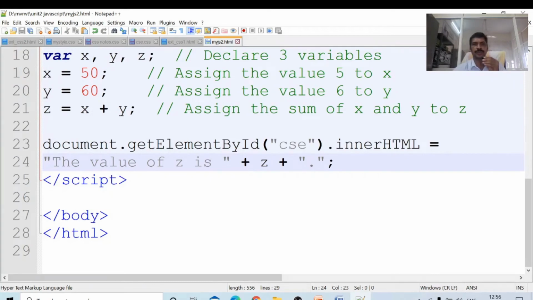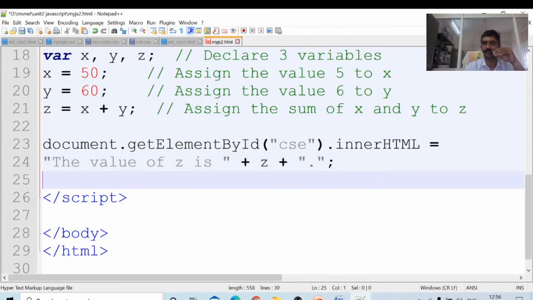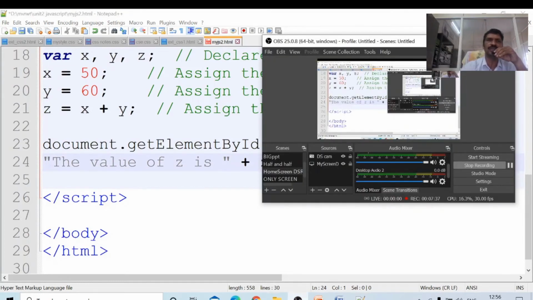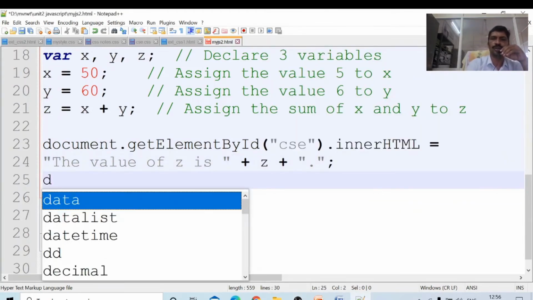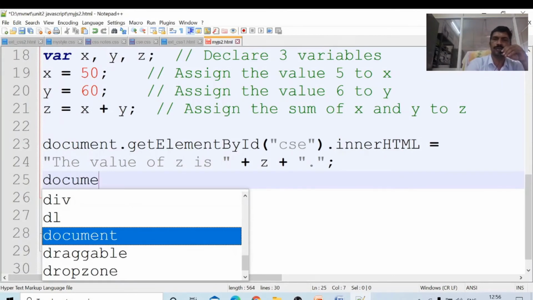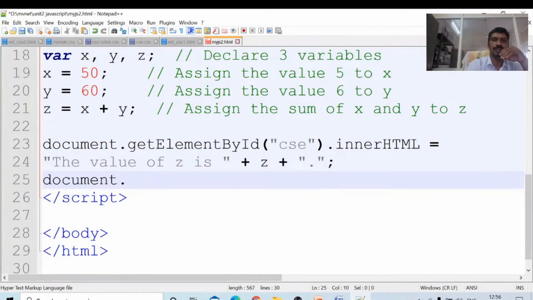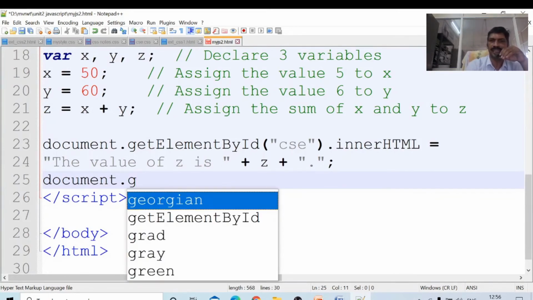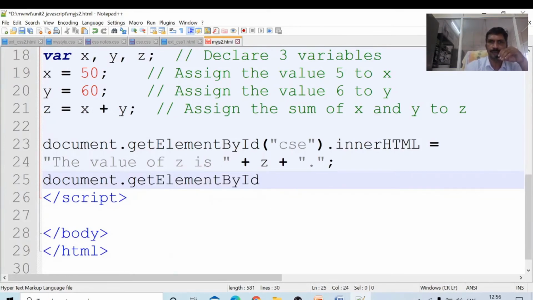It is possible to write another way also. We will see that here. Document dot, printing the output in a different manner. Document is the object, and on that object there is the method getElementById.